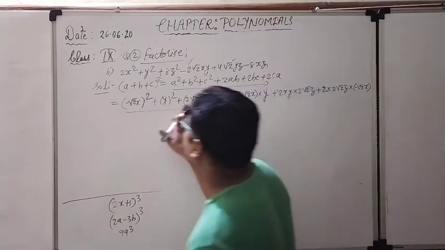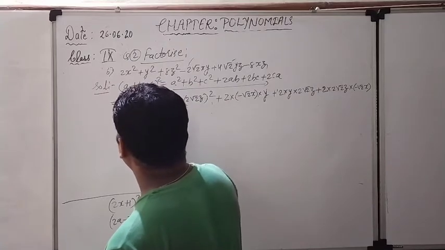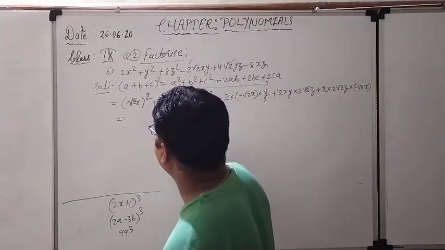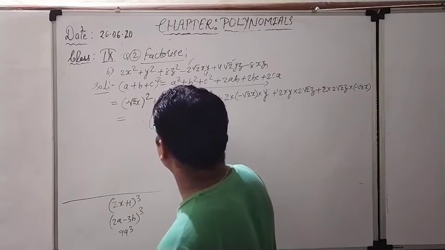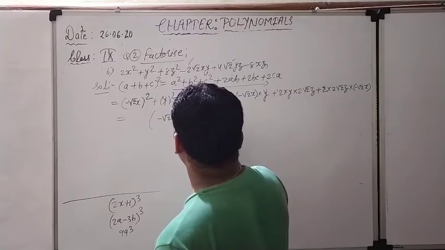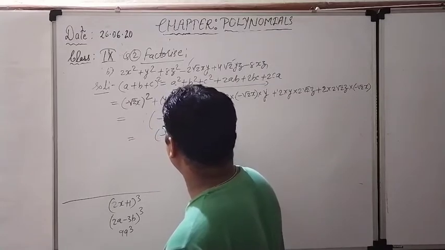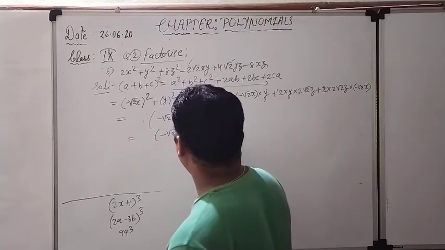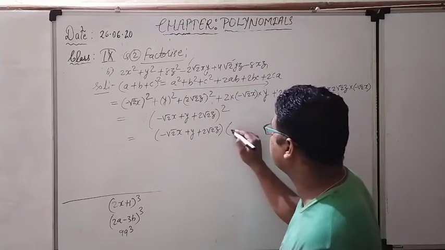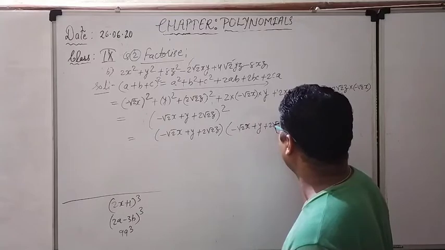Same thing is there. And after that only we have to replace the things in form of a plus b plus c square. What is a? Actually a is, you can take the help of big square root. A plus b plus c, sorry, no problem. A means minus root 2x plus b. B is what? Y plus c. What is c here? 2 root 2z whole square. And it could be also written as 2 times, you can write down root 2x minus root 2x plus y plus 2 root 2 z. Once more time you can repeat the things, minus root 2x plus y plus 2 root 2 z.